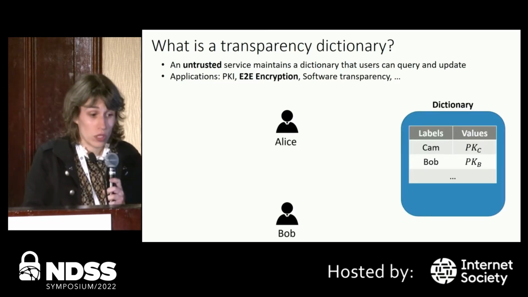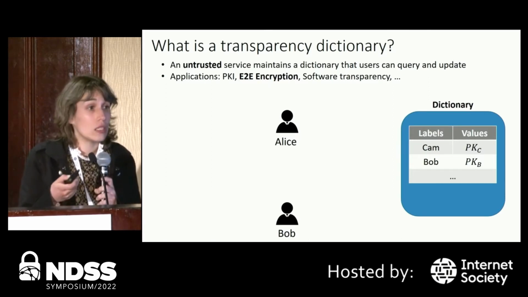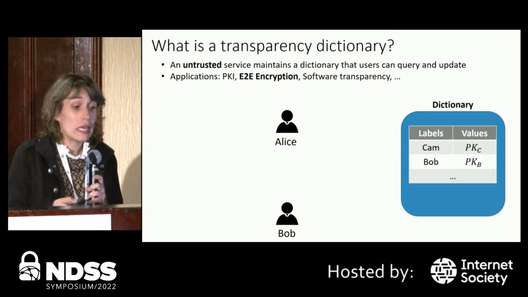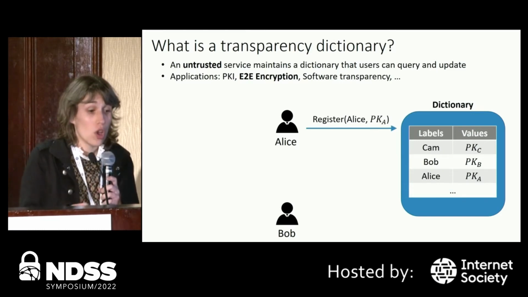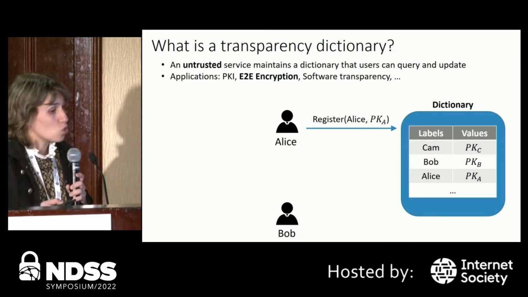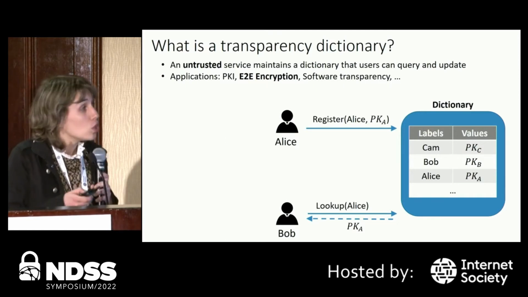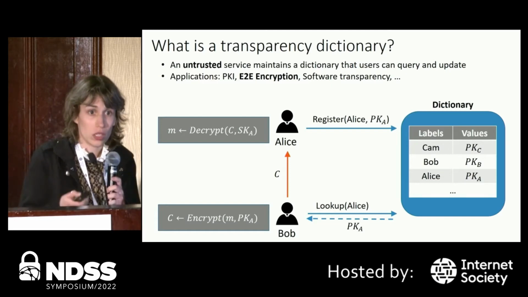In the context of end-to-end encryption, the dictionary maintains a mapping from user IDs to the users' public keys, and it is responsible for distributing these keys to the users so that they can communicate securely with each other. And when the service is working correctly, it indeed enables secure communication. So if Alice wants to receive encrypted messages, all she needs to do is generate a key pair and then register her public key with the dictionary. And then if Bob wants to send a message to Alice, he queries the dictionary for Alice's public key and then uses it to encrypt messages that only Alice can decrypt, because she's the only one that has the corresponding